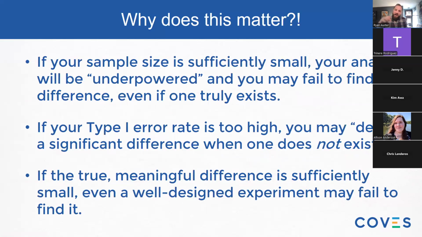Why does all of that matter? Why does power and potential error and the effect size matter? Well, in our COVES situation, if we were to apply inferential testing to the samples that we're collecting from our audiences, you can think about a couple different scenarios based on any one of those three criteria. One, if you don't collect enough data and your sample is sufficiently small, your analysis will be underpowered. And even if a true difference exists in whatever you're testing, two groups, two periods of time, sample to the population, you might fail to find a difference even if it truly exists, right? You just don't have enough data to test. So sample size matters. The power of your experiment matters.